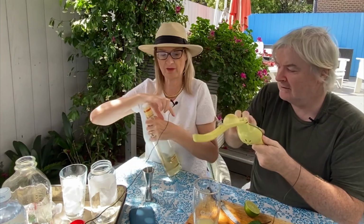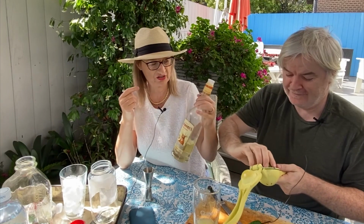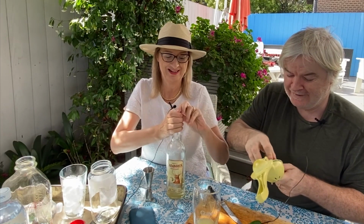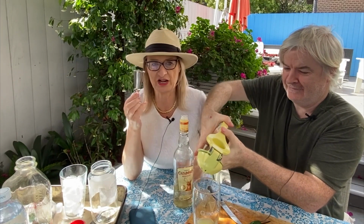Oh gosh, I can't get the top off that. So what happened there with this bottle was that we lost the bottle top, so we put a plastic top on it. Okay, I opened it. The other thing that I think is really useful to have,